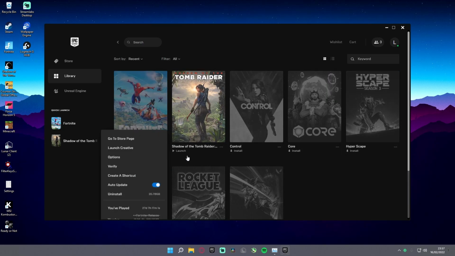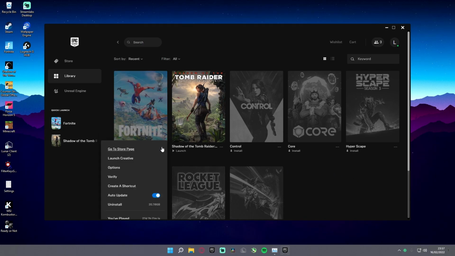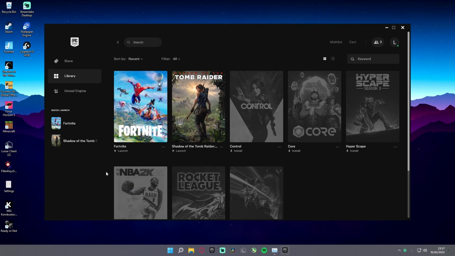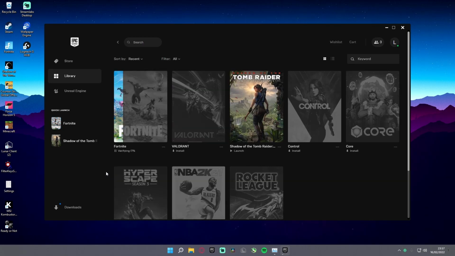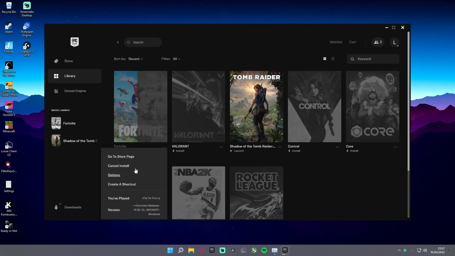When you first install the game, it might be 40 gigabytes, I think, like if you reinstall it or something. Firstly, I think verifying the game is a good way to refresh your game, load in the textures again real quick. Do this every once in a while, maybe every couple of days, just to give your game a little fresh start. Whilst you're waiting for that to load, press these 3 dots,